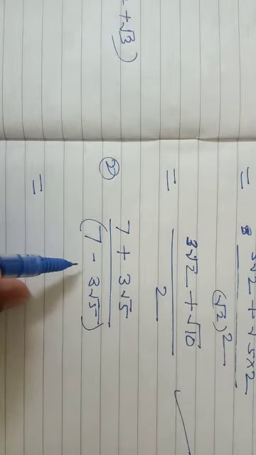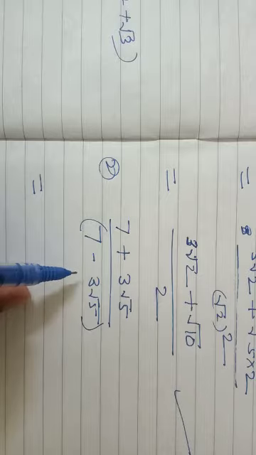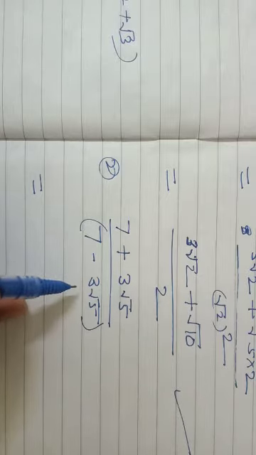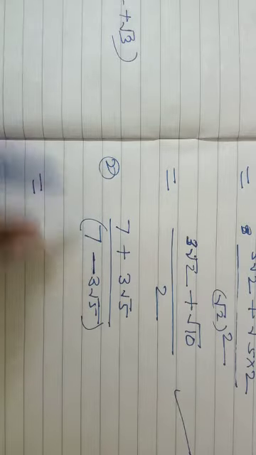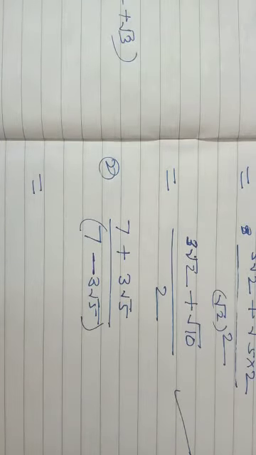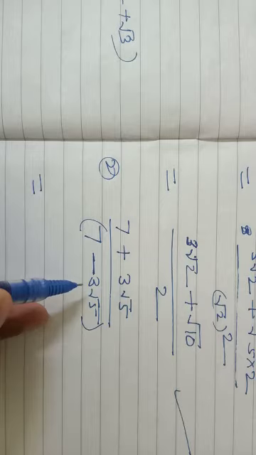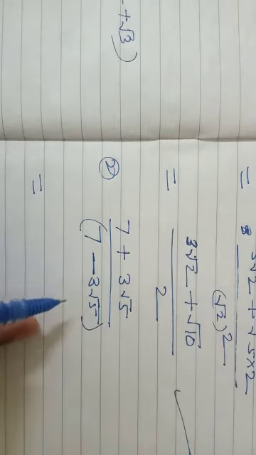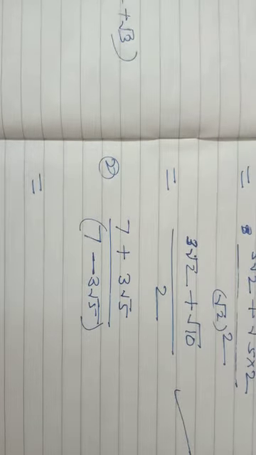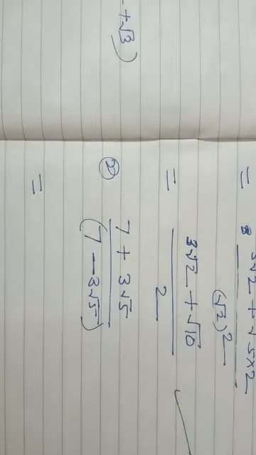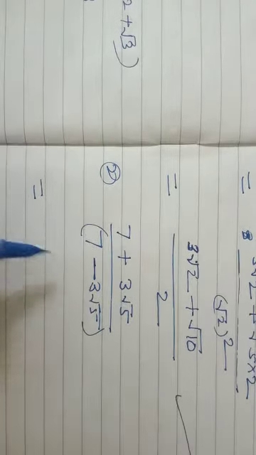But what changes should be there in the value of the denominator? We should only change the sign. We should only change the sign if the denominator value is given in the addition or subtraction form with any other numbers. Okay, so